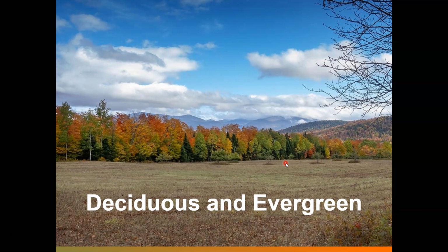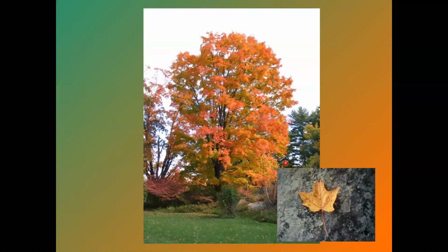The two types of trees we're looking at here are called deciduous and evergreen. Deciduous means to fall off naturally or tending to fall. These types of trees lose their leaves. This red maple in the picture right here was green all summer long, but as we moved into the fall,